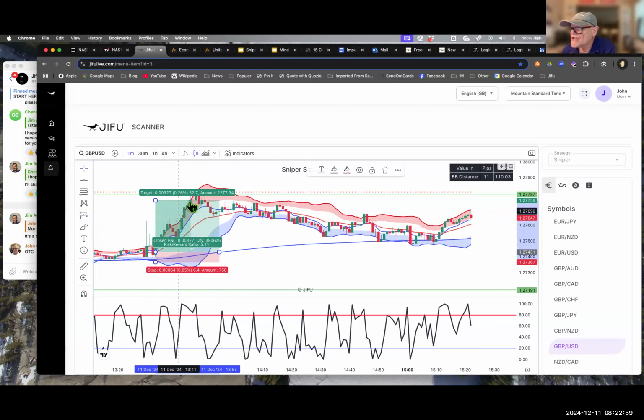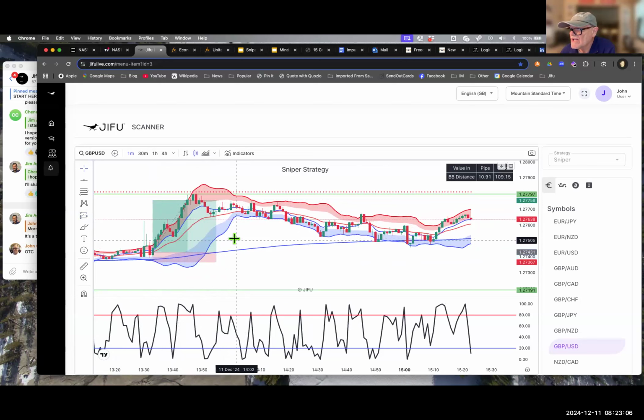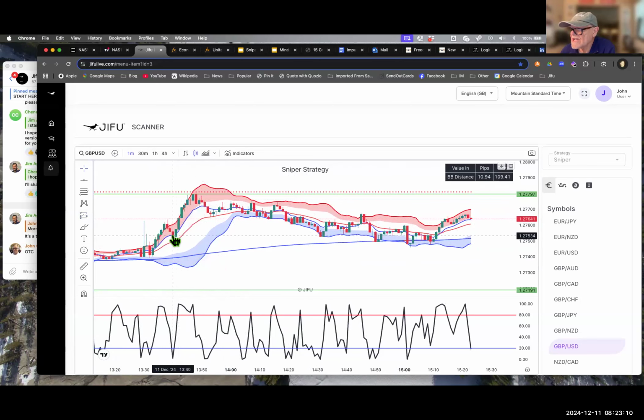Risk to reward ratio, you would have made lots of good pips there. If you were trailing your stop loss really tight and you were moving it up, that might have stopped you out, but you could have re-entered again, because you got a signal right here on the oversold that it's going back up again. So if you did get out somewhere in here,